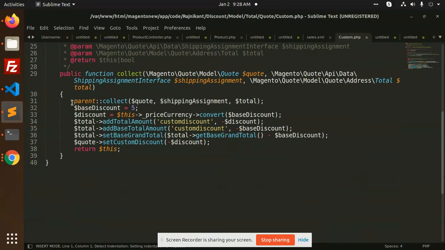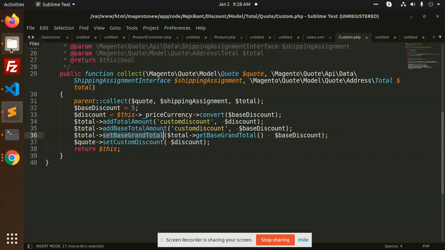In here we have added the discount, base discount of 5, price currency convert, add total amount, add base total, base discount minus discount. In sales.xml we have mentioned this file, and what this file is trying to do is set the custom discount and subtract it from the grand total, right? So it will return that. This is the logic of the model.